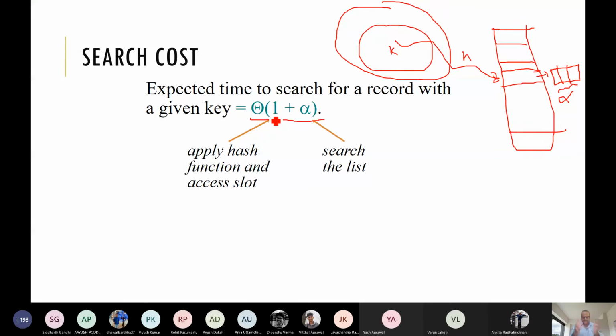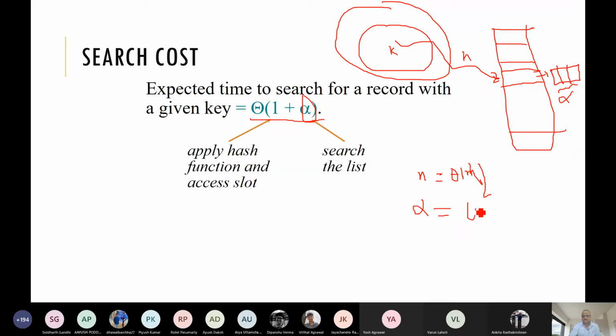But if we are lucky, I mean if our hash function is a good hash function, and if m is order of n, then alpha will be constant.